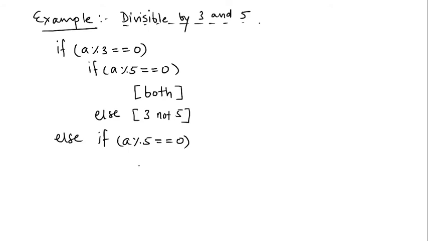Now when you come to this if, and if it is true, see, we are into the else part. That means it is not divisible by 3, but it is divisible by 5. So I would write here, it is 5, not 3. So it is divisible by 5, but not by 3. Now look at the else part. So that means if this is also false, that means not divisible by 3, and this is also false. So it is not divisible by 5 also. So I can simply say it is divisible by none.